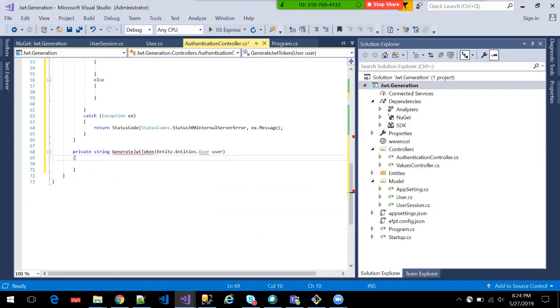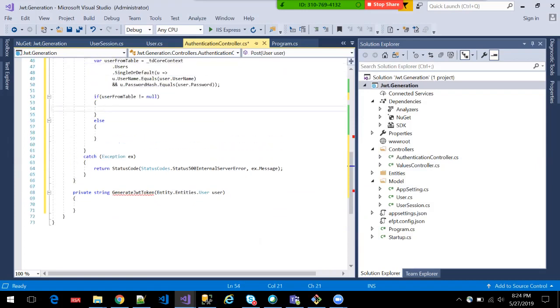So this time we need Entities.User, correct? Yes. So we would need UserSession rather than... So we are going to say new UserSession. Right. So we're going to return,